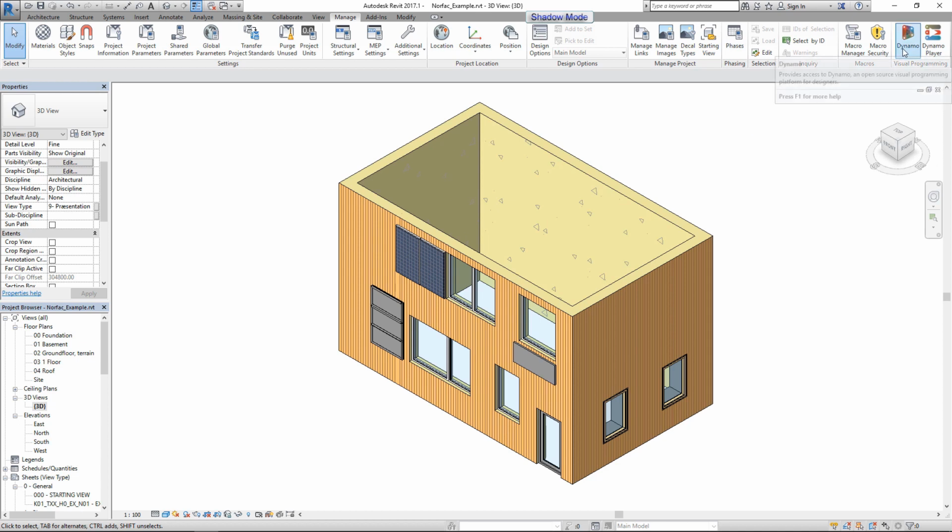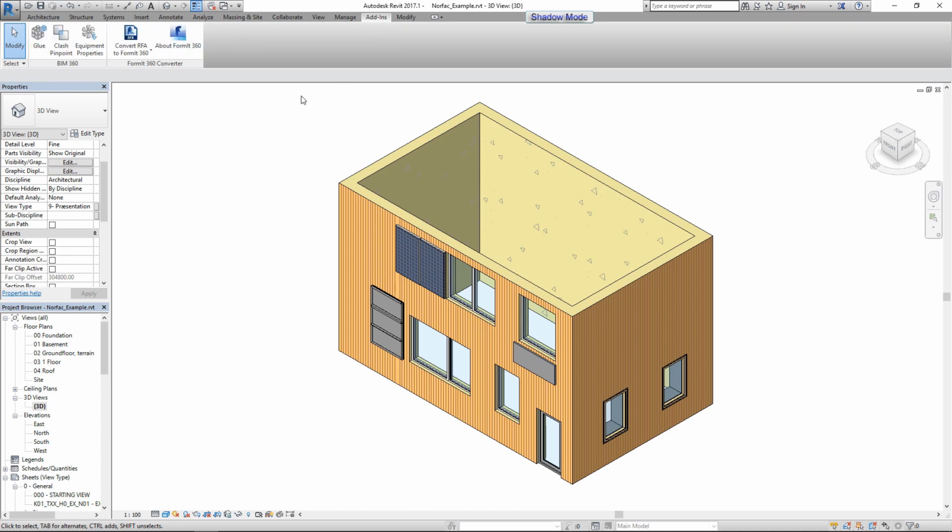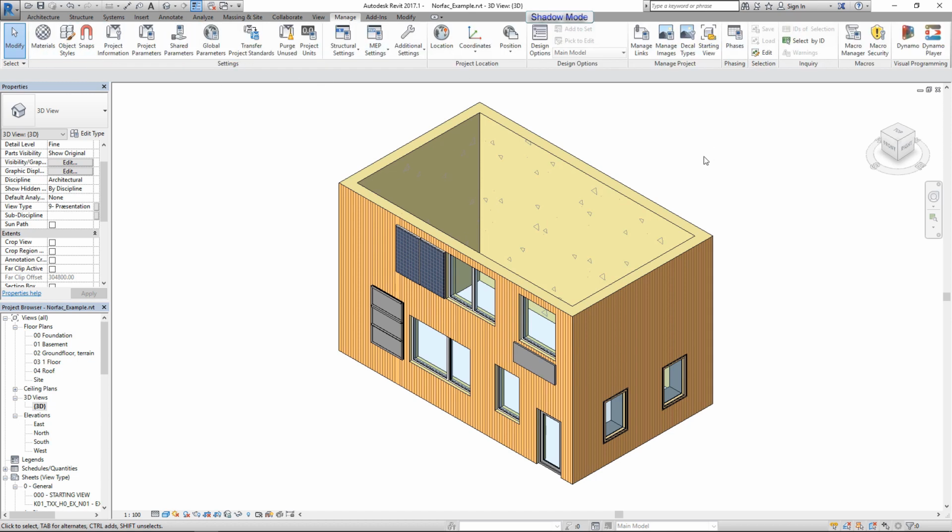When they are all set and given the right parameters, we can extract these parameters loading the Dynamo script. How to load the Dynamo script depends a bit on the Revit version. In the older versions it is found under the add-ins, then it will be here. But in the newer versions it is under Manage. Select Dynamo